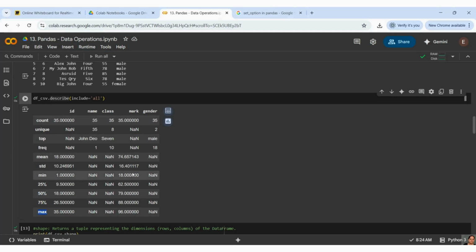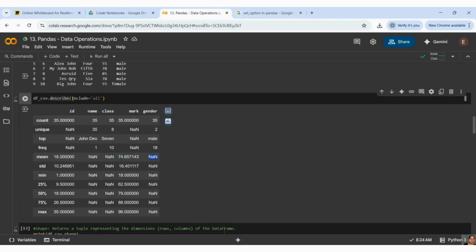So we have, for each column, it is telling, for example, if it is ID, we have mean. For name, it is not applicable, so NaN, not a number. For class, it is not a number. For mark, we have mean. For gender, we do not have.